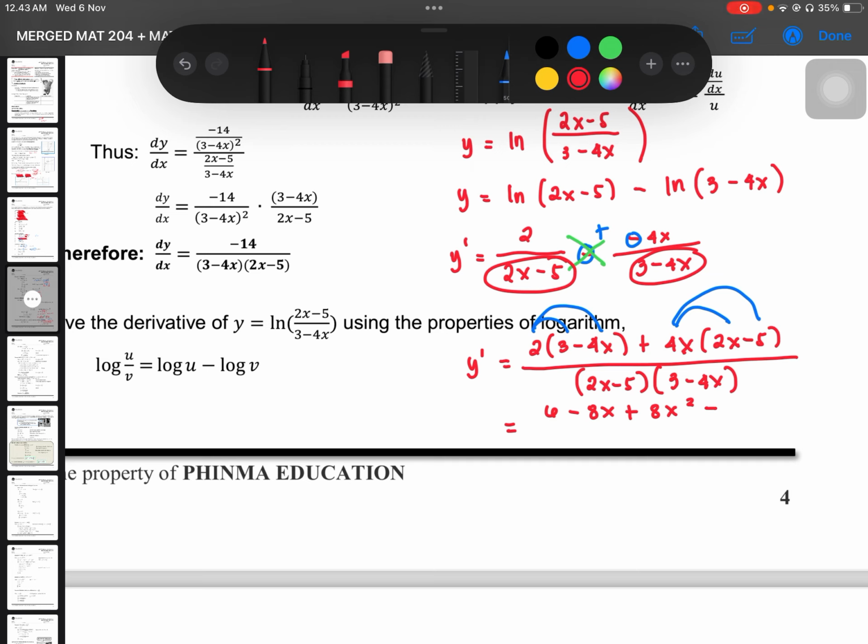Then, minus 4x times 5 is, ano yung nakuha natin dito? This is 20x. All over 2x minus 5 multiplied by 3 minus 4x. Okay? Then,